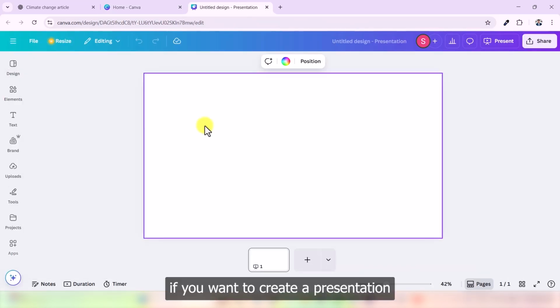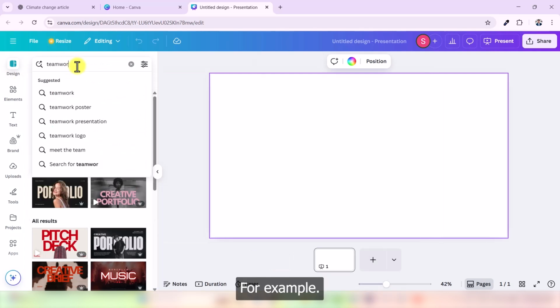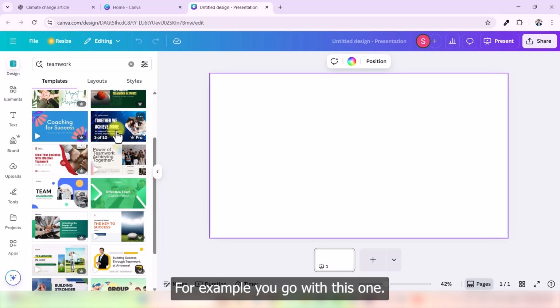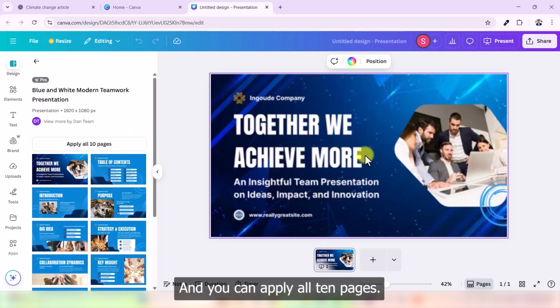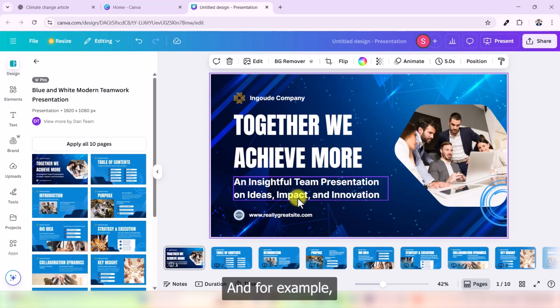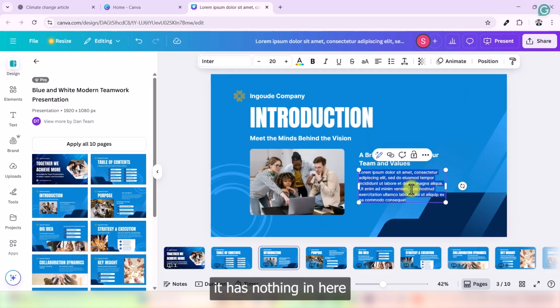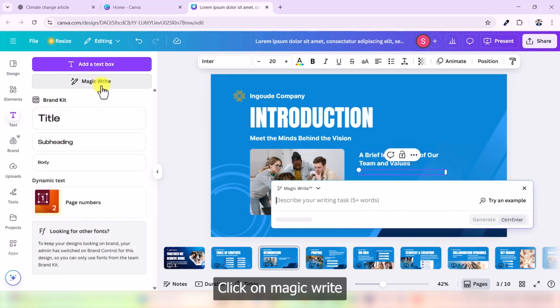For example, if you want to create a presentation on why teamwork matters, for that you will just have to decide the design first. So you will write in here as teamwork, for example, and you can choose any of these. For example, you go with this one, together we achieve, and you can apply all 10 pages. And here you can see it has nothing in here as it is a dummy text, and you can just remove it and go to text, click on magic write,